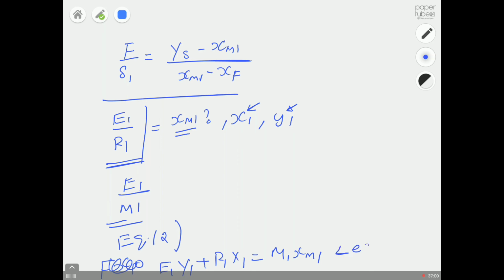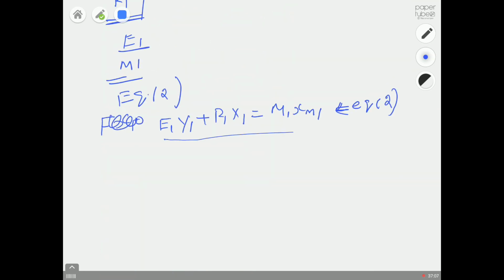So this is from equation 2. This is one of your solute balance, mass balance equations, and then we know that M1 is equal to E1 plus R1. I think we derived this. Yeah, this is equation 5.1. So let's write equation 5.1 straight away. Equation 5.1 is nothing but